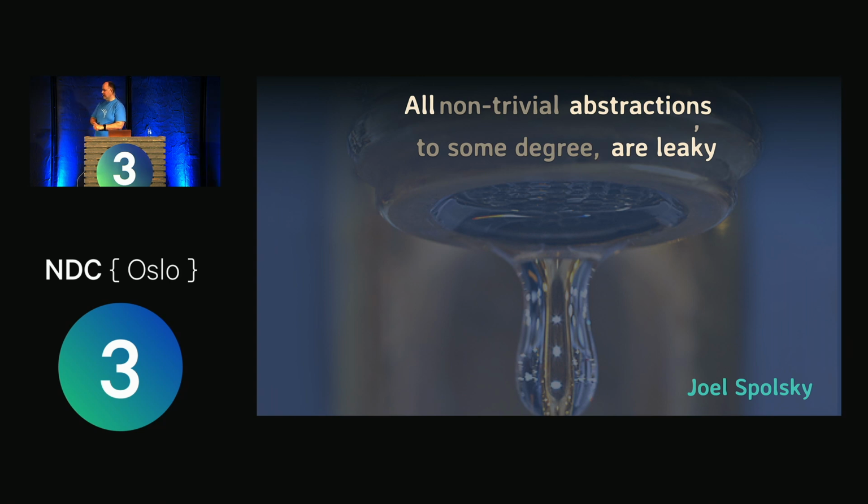So this is a slide from my simplicity talk. It's actually a quote from Joel Spolsky. You may recognize: all non-trivial abstractions, to some degree, are leaky. I grayed some words out because I think the statement is stronger if you take those words out, and I think it's still accurate. And I attempted to prove this in my other talk, where I talked about, for example, the evolution of our number theory over the millennia, how often that abstraction, just of numbers that we rely on every day, has been leaky at different points in time. So if we can't get that right, what hope do we have of the code that we're writing in a week?